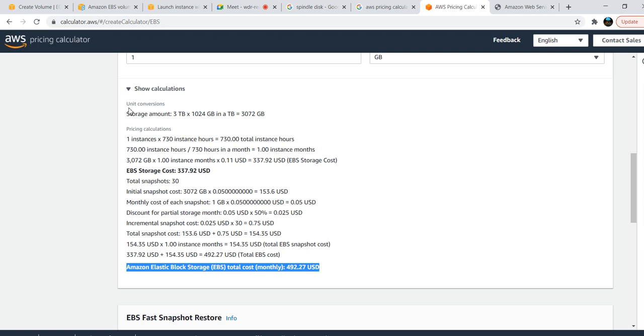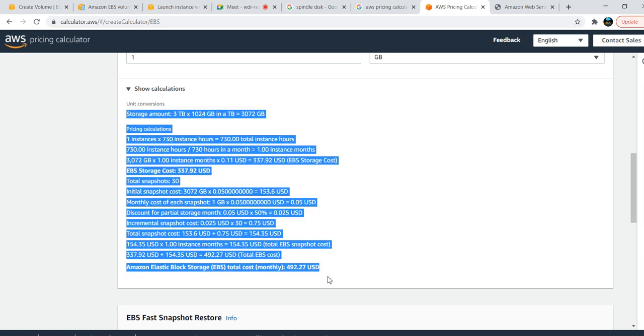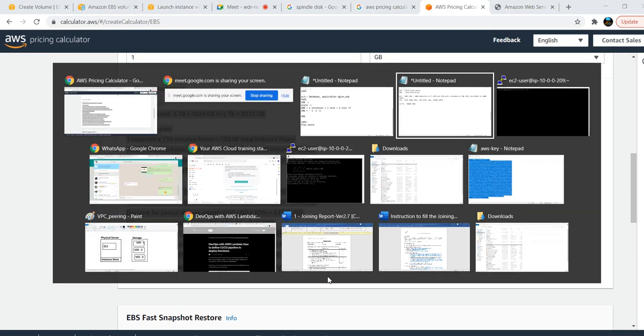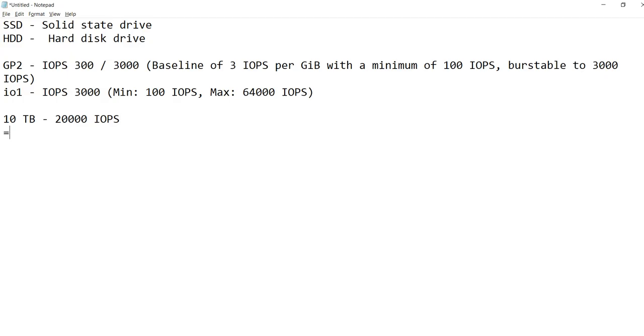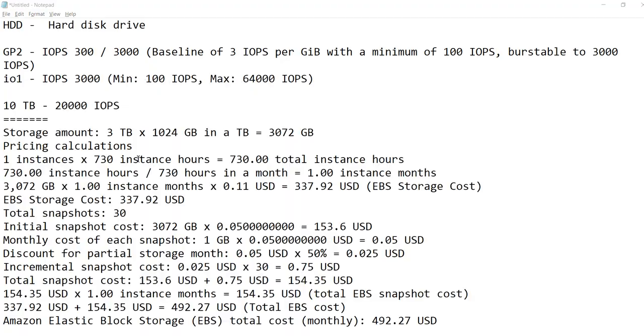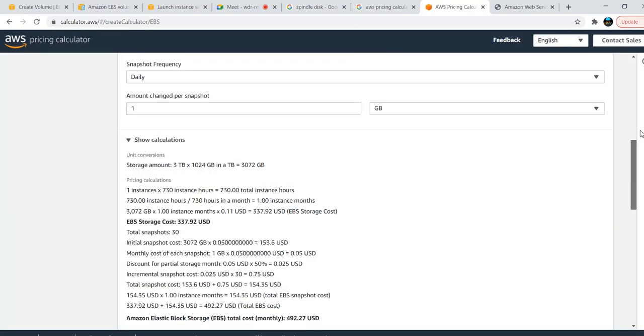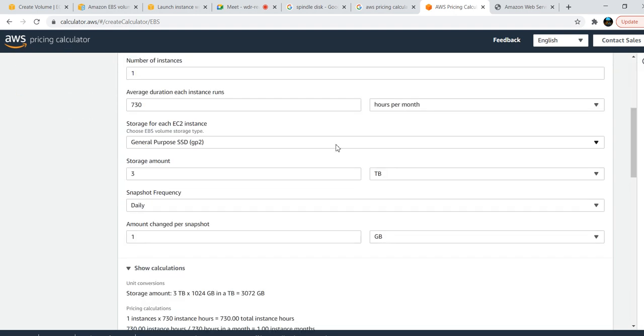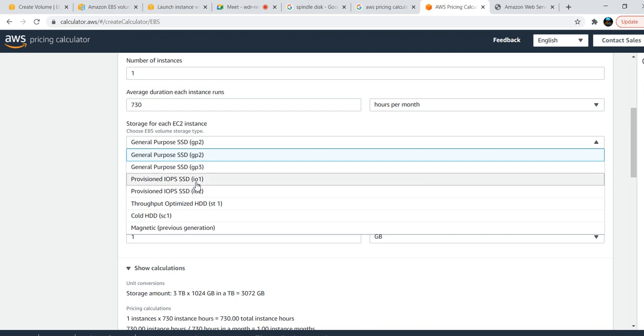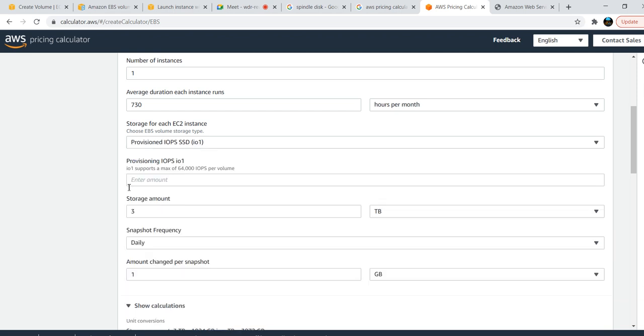We will save the same calculations for the storage amount here, and we need to verify with provisioned IOPS. Let's go here and, instead of general purpose, use provisioned IOPS. They are asking what IOPS you need to use.